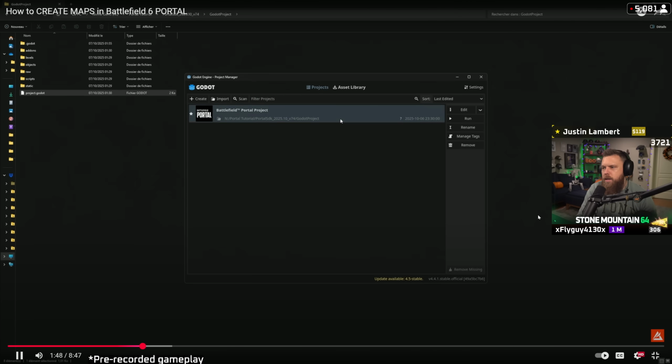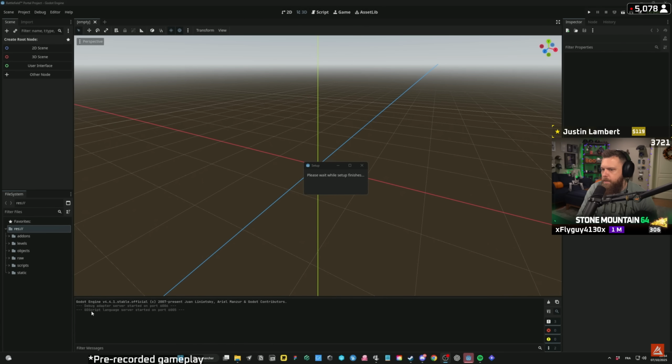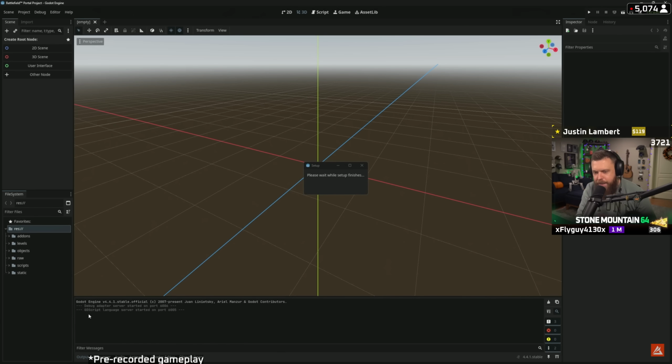It can take a little while, so please be patient. When it's done, use the BF Portal add-on the devs provide and click Portal Setup. That configures Godot for Battlefield Portal map creation. When it finishes,